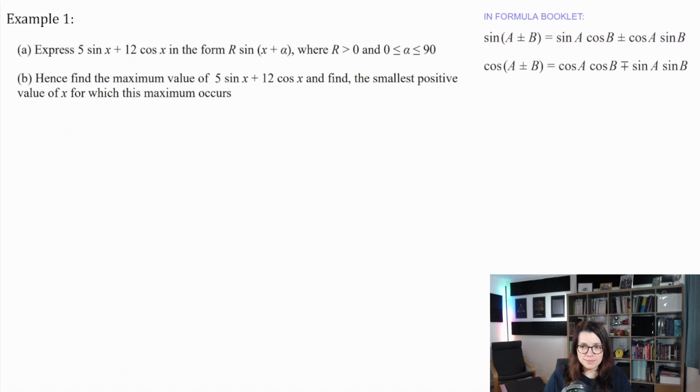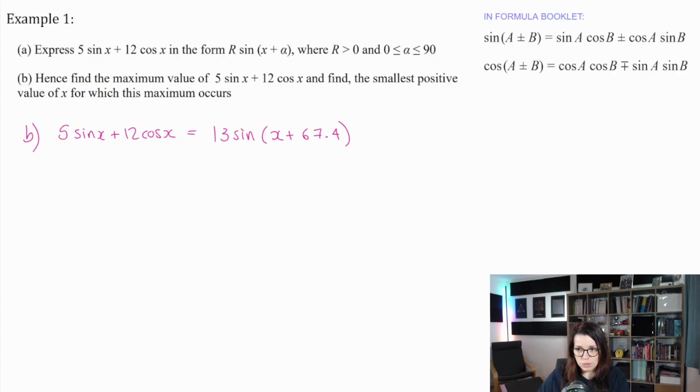Look at part B now. Hence find the maximum value of 5 sine x plus 12 cos x and find the smallest positive value of x for which this maximum occurs. So we now know from part A that 5 sine x plus 12 cos x can be written as 13 sine (x plus 67.4). Now, if we want to know the maximum value of this expression, all we need to do is consider